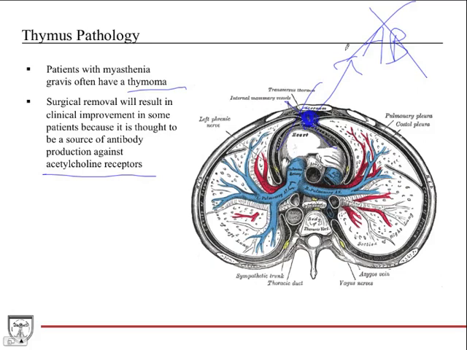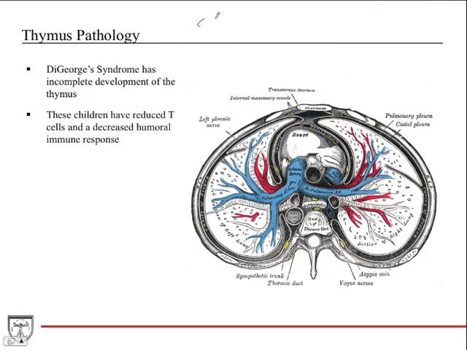However, in some patients it's not the source, so you can take the tumor out and it doesn't really help them at all. So that's something to be aware of. But I guess in a board question, if someone says they had an anterior mass removed and ended up regaining muscle strength and function, then it can clue you into they had a thymoma that was potentially the source. So DiGeorge syndrome, if you remember, that's